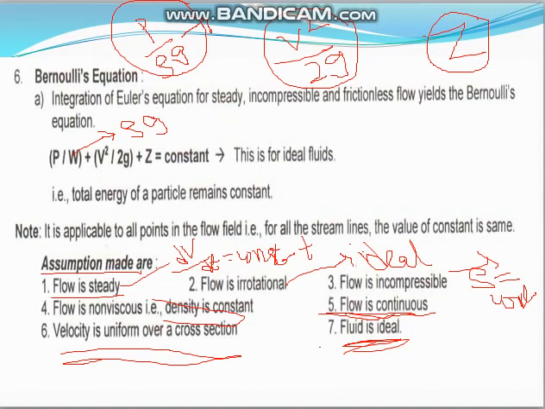You need to mainly understand that Bernoulli's equation is the sum of three terms: pressure energy, kinetic energy, and potential energy. There is a potential head, and the assumptions are very important. One note here: it is applicable to all points in the flowing fluid. For all the streamlines, the value of the constant is the same. Okay, so coming to the next slide,